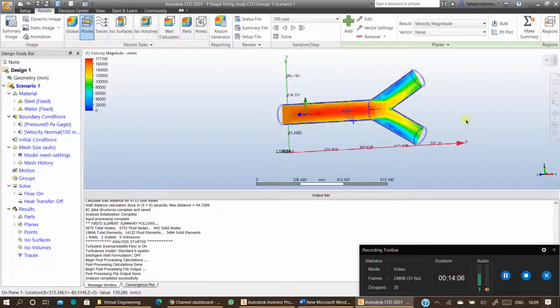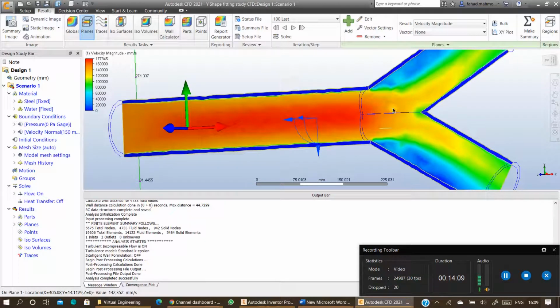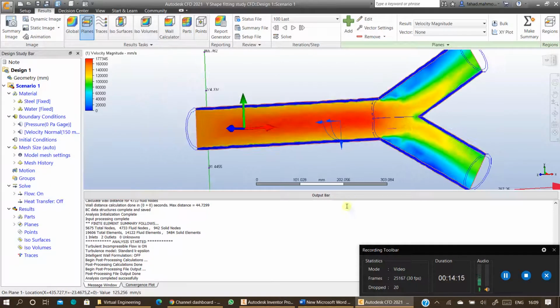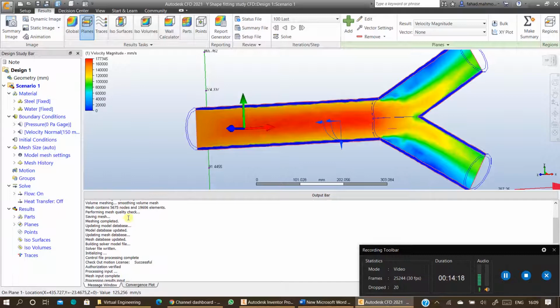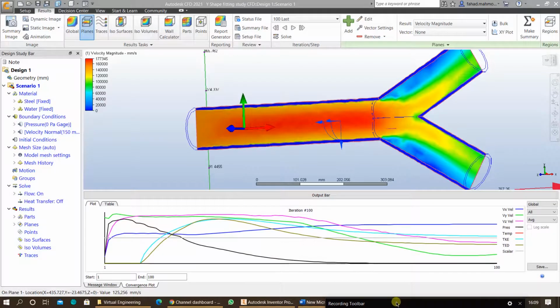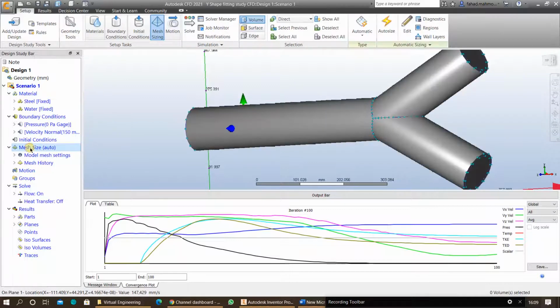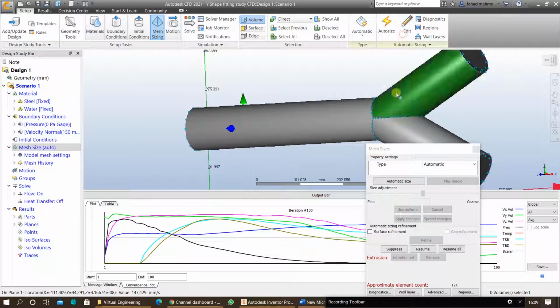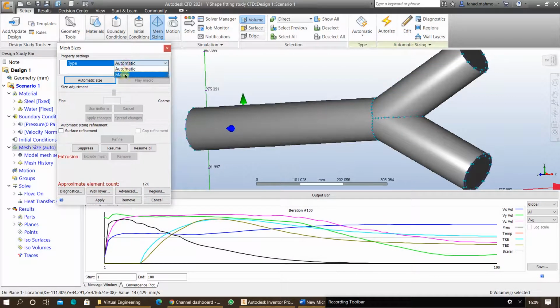You can refine the mesh further. I can see from here in my model that the mesh is not much refined and there is quite a lot of variation in the results I'm getting across this, and the number of elements is quite low as well, 19,000. So I will refine the mesh further, and I can see from the convergence plot as well that the values after the 75th iteration were coming similar. So the number of iterations I can keep as 100, but I need to refine the mesh further to get more accurate results. To do this, we'll click on mesh size, and I can click on edit, specify the type as manual,